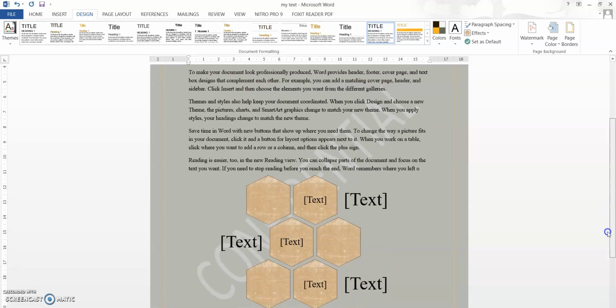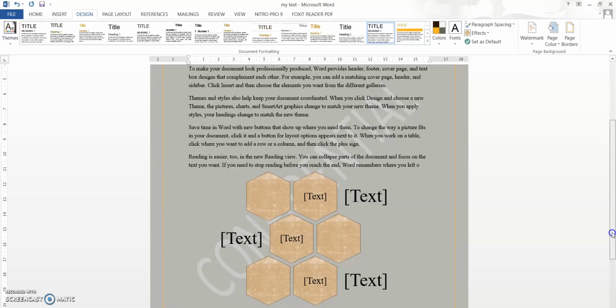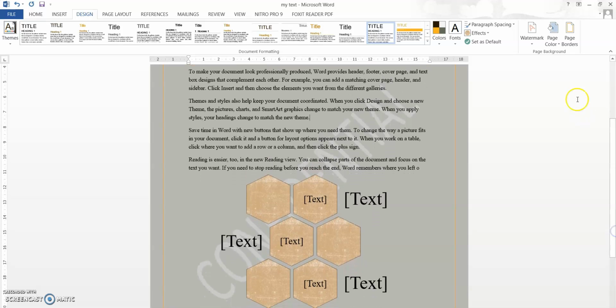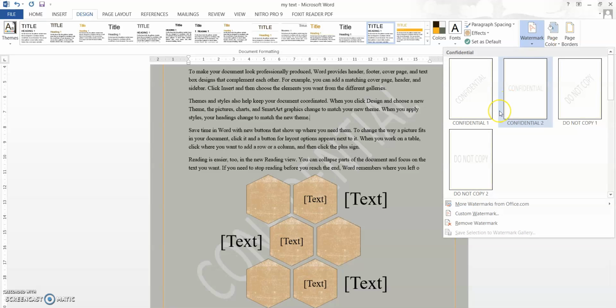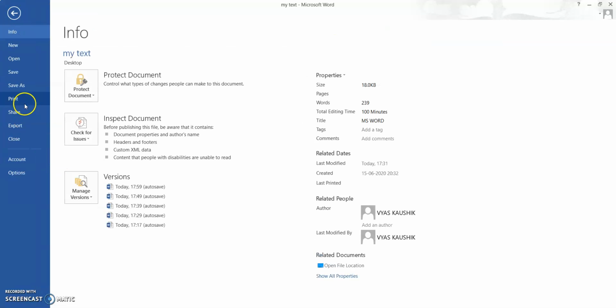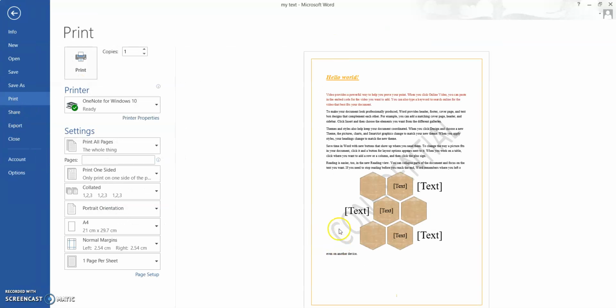For example, if this document is created by me, I am adding a confidential page mark, a watermark, which is presented in the back. But when you go for print preview, you can actually see this clearly. This is how the page will look when you are printing. So the watermark will be present.